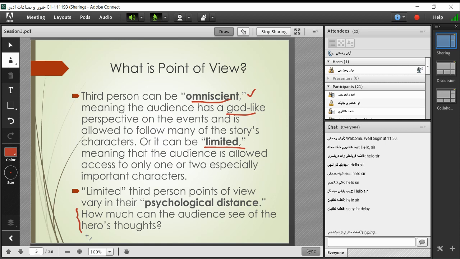Okay, and so the narrative limited kind of point of view only focuses on the point of view of a certain minor character rather than focusing on